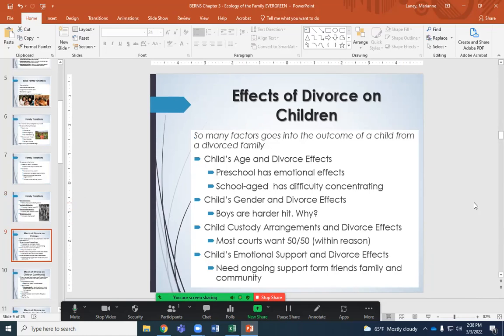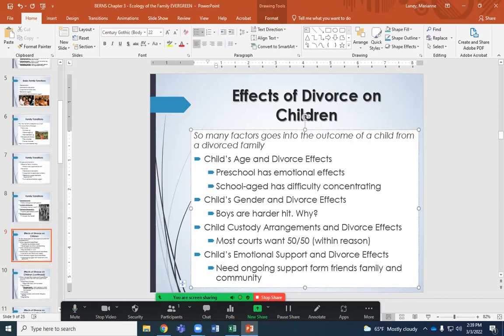Effects of divorce on children. Oh yeah, again, I kind of mentioned this before. There's not really a good time. When they're super young, they don't understand what's going on, but when they get to a certain stage, like in preschool, they start to understand, like, my mommy and daddy aren't together anymore. But when they get a little bit older, like school age, they start to actually believe that it's their fault. As they're developing their emotions, it's hard to put this on them, right?